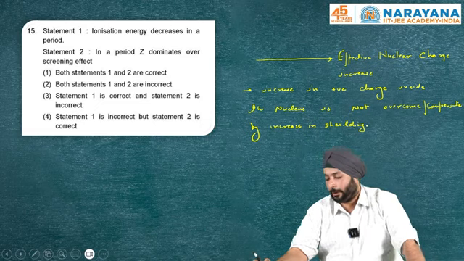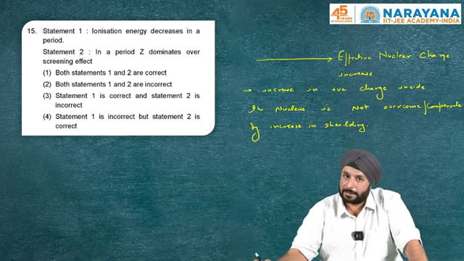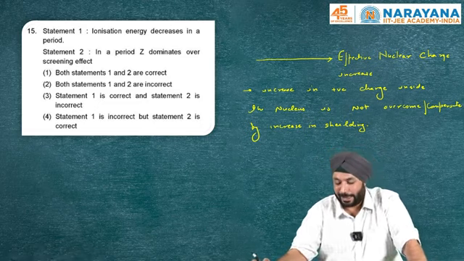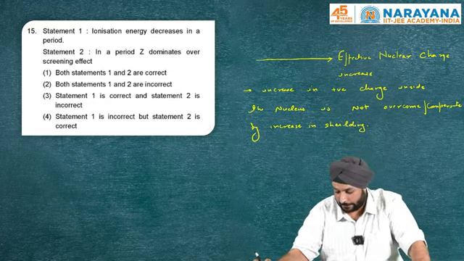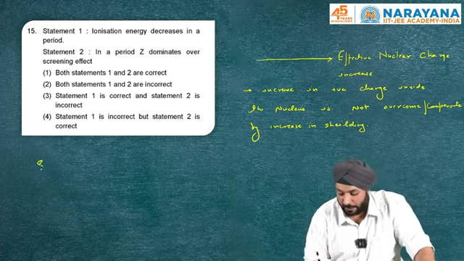So along a period, effective nuclear charge increases, ionization enthalpy increases. So the correct option for this, statement 1, definitely 100%